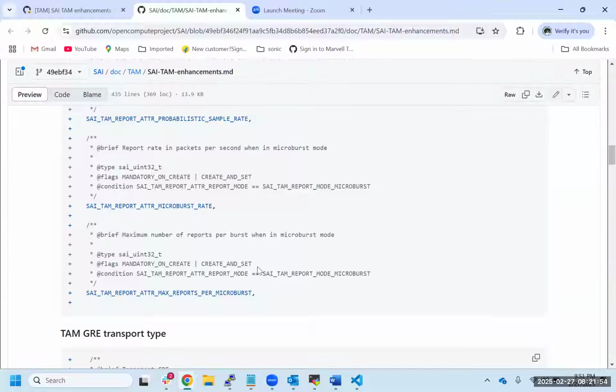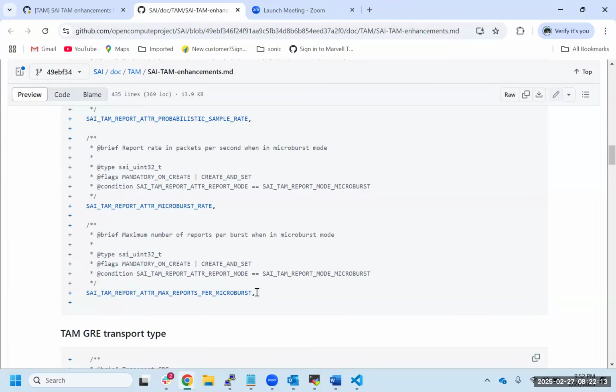So now coming back to your question, what this helps me solve is, all I need to tell is which packets come together, how many packets together for me is a microburst. And that value will go into the reports per microburst field.